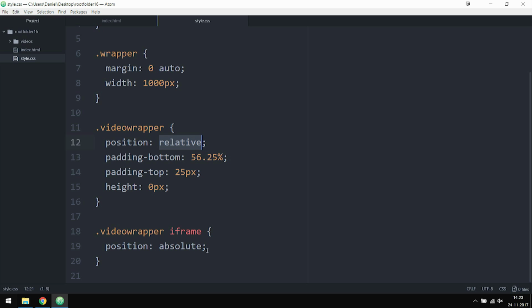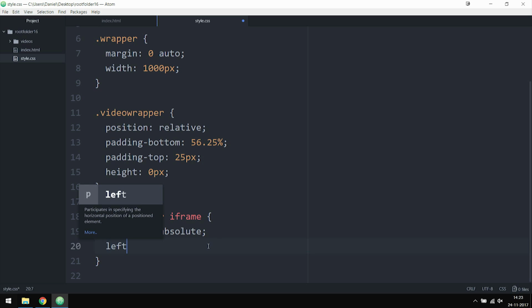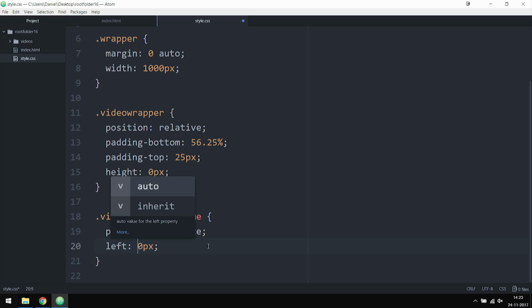Now, position absolute takes whatever element we want to move around and moves it compared to the container that it is inside of. So if I were to say left 100 pixels, then it's not going to take the video and move it 100 pixels from the left side, just like we did with relative. It's going to take the container that the video is inside of and have it be 100 pixels from the left side. Okay, so what I want to do here is set the left side to 0